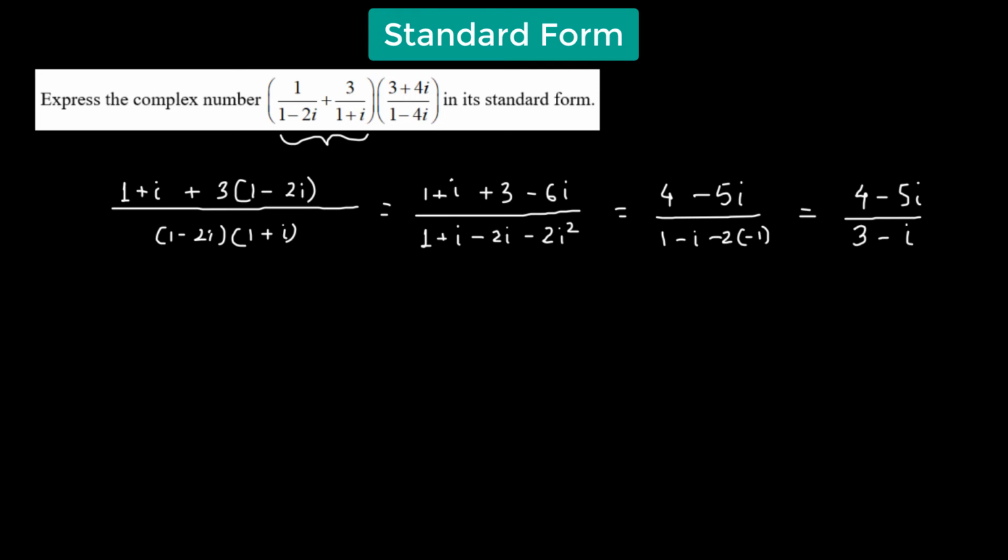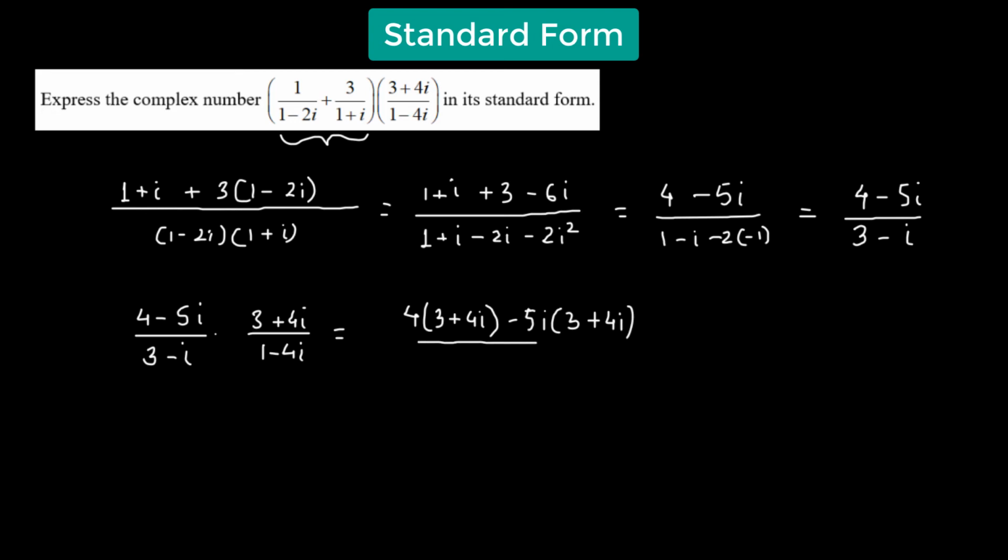So now our given expression reduces to 4 minus 5i divided by 3 minus i, whole multiplied to 3 plus 4i divided by 1 minus 4i. Now we multiply the numerator, so that would give us 4 times 3 plus 4i minus 5i multiplied to 3 plus 4i, divided by, and we multiply the denominator, we have 3 multiplied to 1